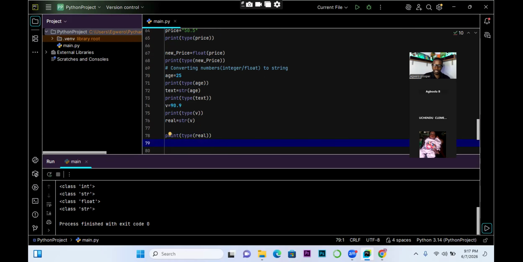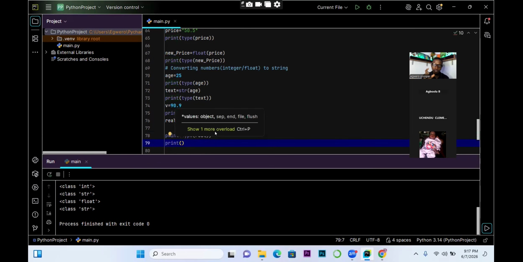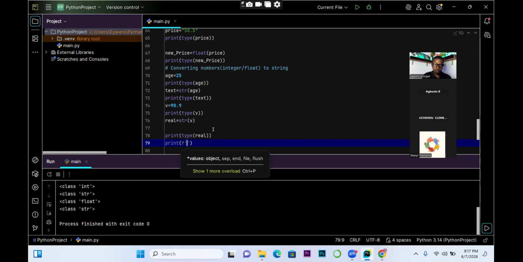So how do I go about that? I can say print. Remember, we talked about Python F string printing. That is the one where you are printing a value in a variable, and at the same time, you are feeding in a statement that has not been captured in any variable. So I have to do it this way. Remember, I have to type F, and then I'll create my string sign. Then after that, I can now say